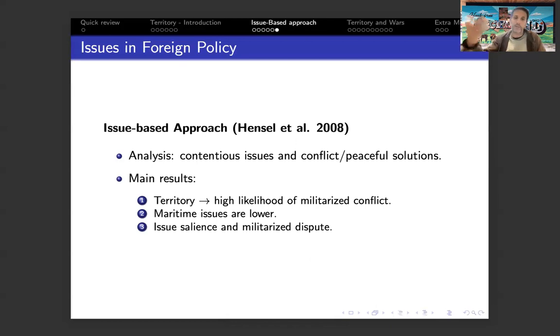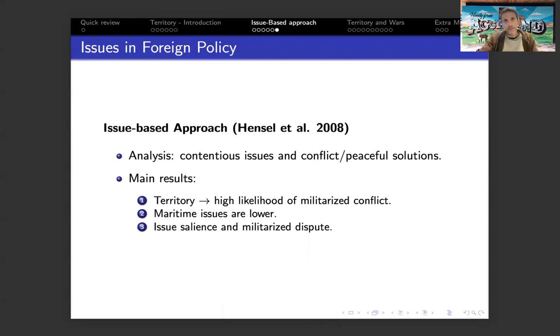Other types of issues, for example, include maritime issues, other political issues, and what are called river disputes, disputes over areas that involve some rivers. Overall, their likelihood of leading to a violent militarized solution is lower. Now, more in general, when we think about this